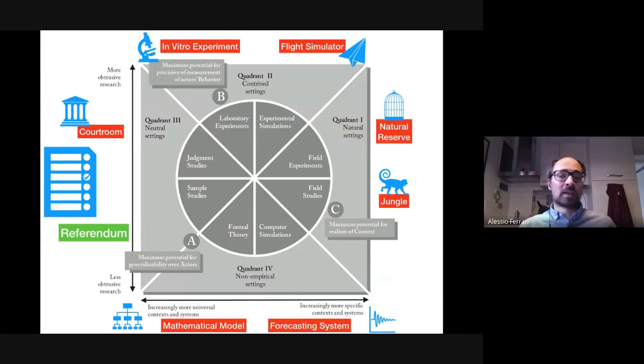Many more people can be involved in a survey than the people that can be involved in a laboratory experiment. And of course, more people and more diverse people compared to a field experiment or a field study, so compared to a case study in a single company. So these strategies are useful when you want to reach a broader audience, but of course you cannot be precise in measuring the behavior, like you do in an experiment, and you cannot collect so rich information like you do in a case study,